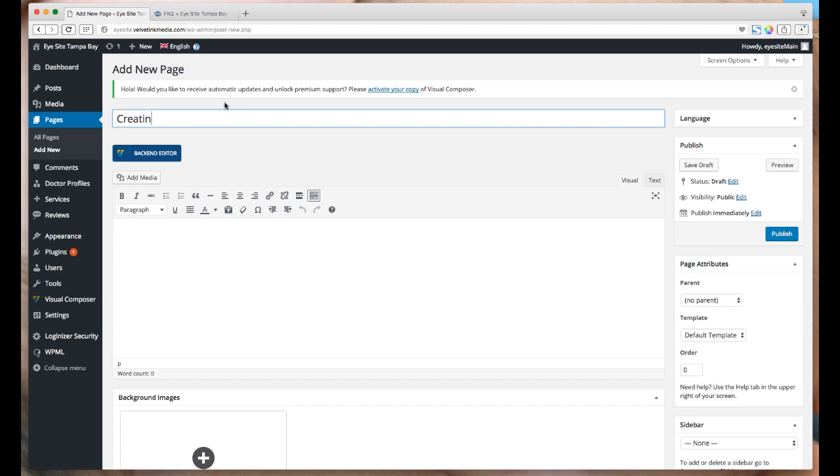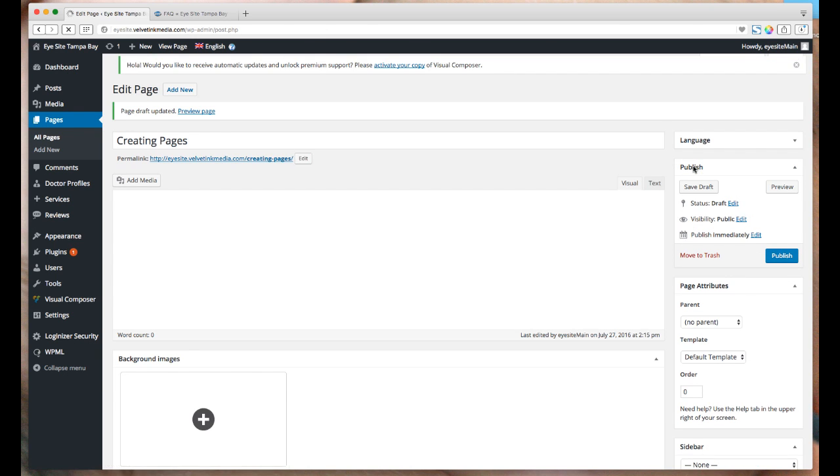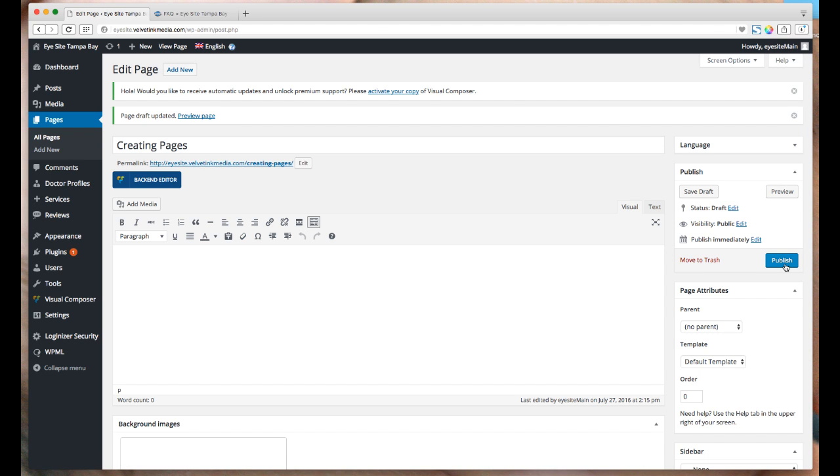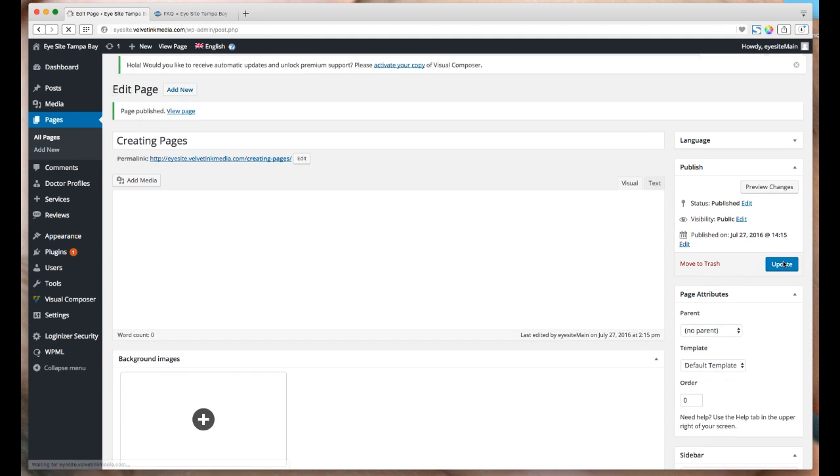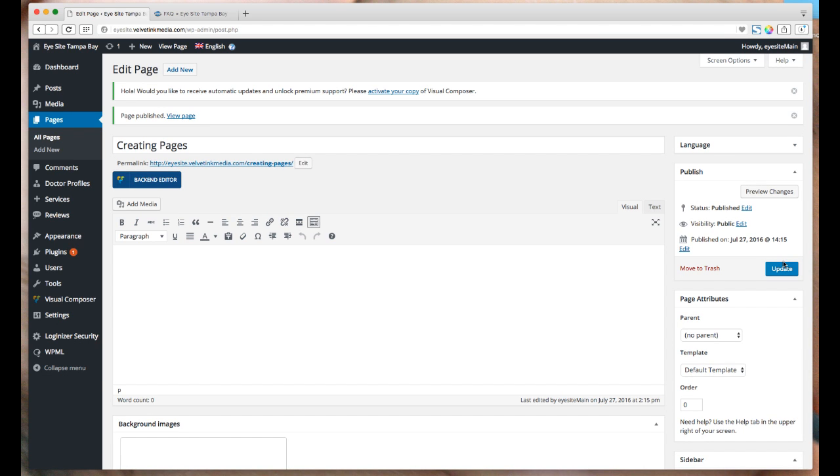And we're just going to call this Creating Pages. Give it a name. That's your page name. All right. And then if we look over here on the right, we'll see a Publish section. We can save our work just by hitting Save Draft. And then Publish. And the difference between this is once I publish it, it's technically live or available for the